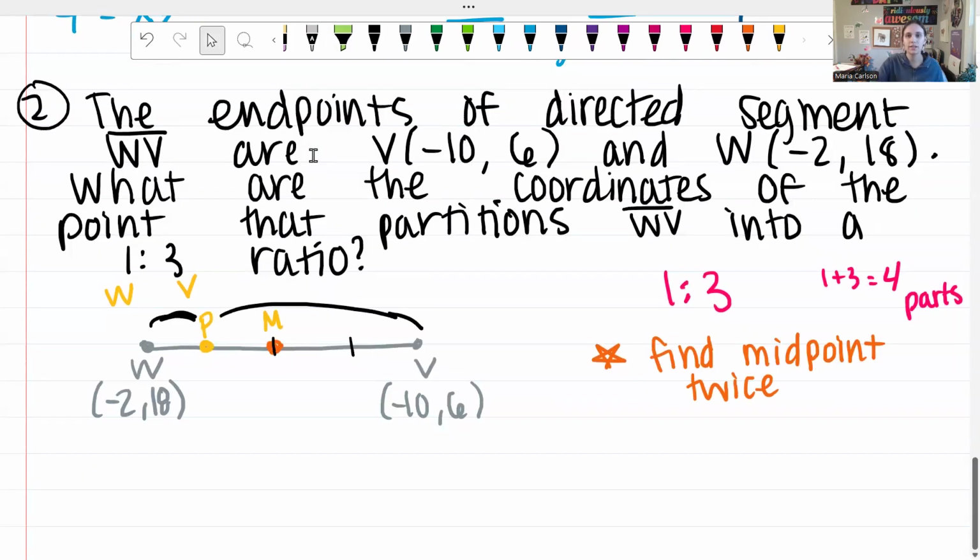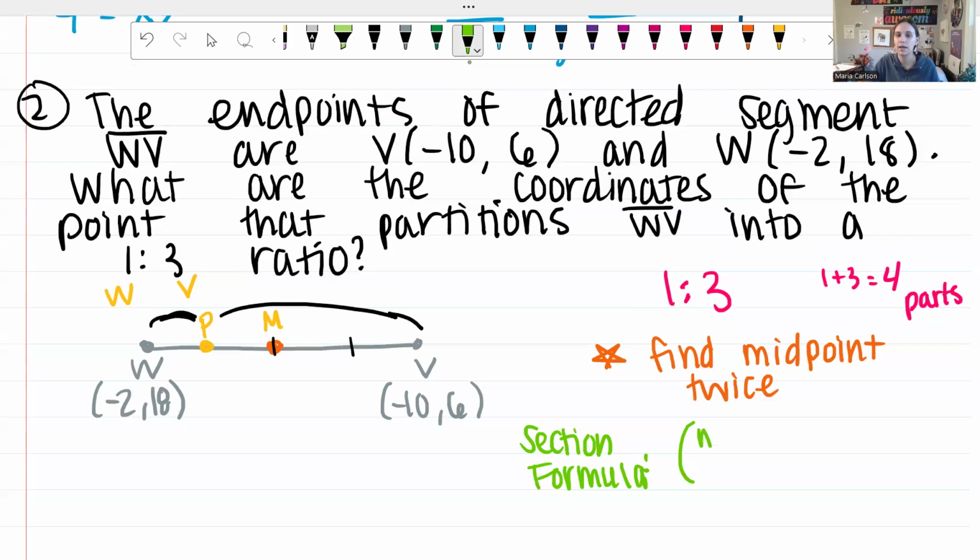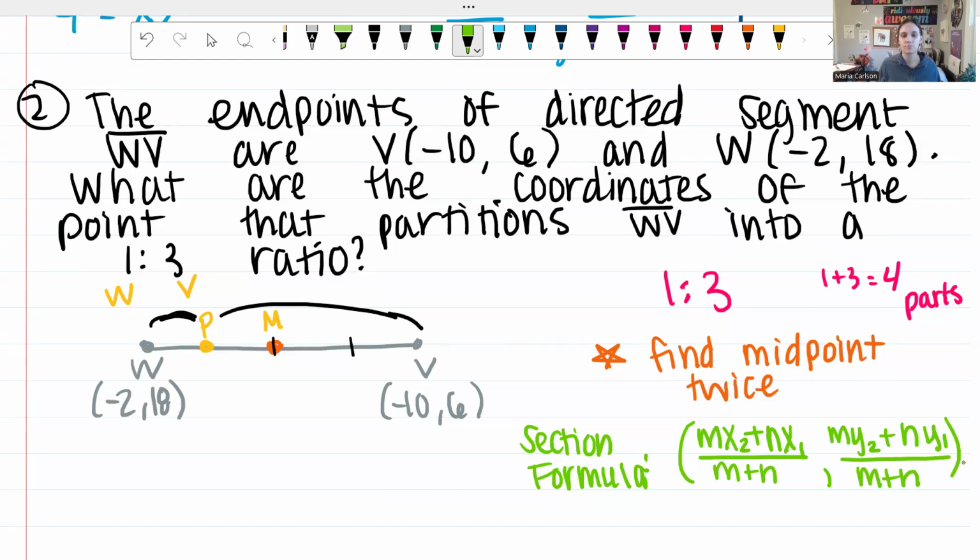So you could find the midpoint twice, or you can use the section formula. You can always use the section formula, which is what I'm going to do here. So our section formula, it's going to be a point, and you will multiply m times x2 plus n times x1, and you will divide that by m plus n, and that will give you your x. And then the y coordinate will be found by multiplying m times y2 plus n times y1 divided by m plus n. All right,